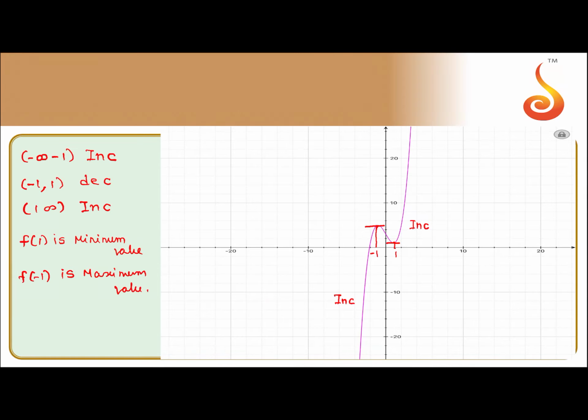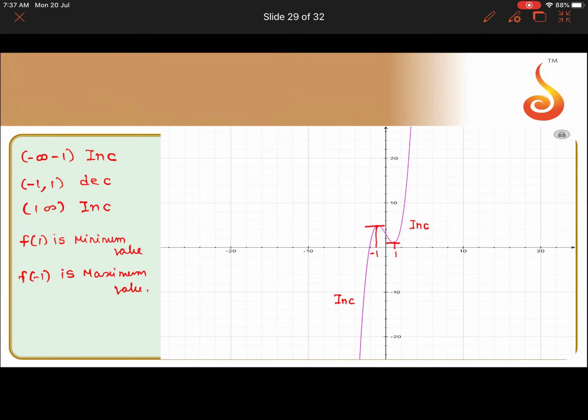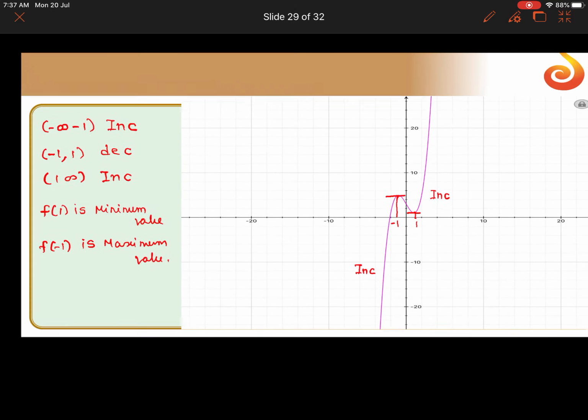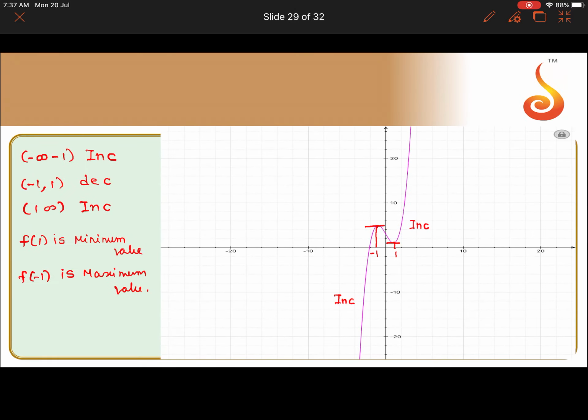So you can clearly see that the slope, here it is increasing then decreasing. So whenever it is increasing then decreasing, you get the maxima, and whenever it is decreasing then increasing, you get the minima. So let us write here it is decreasing